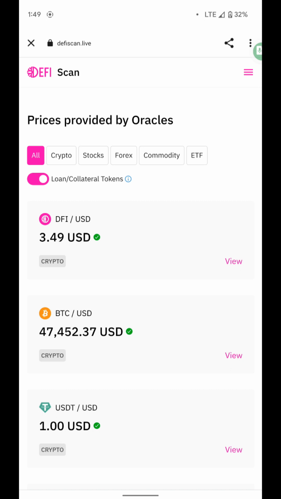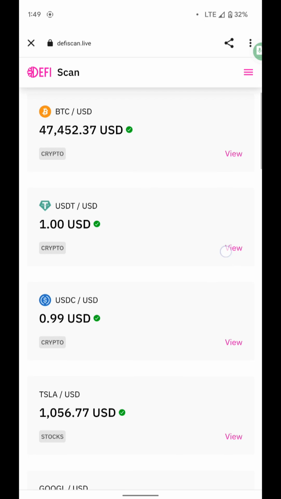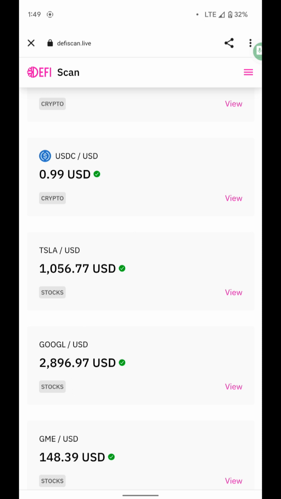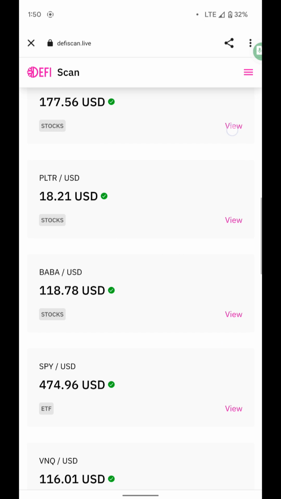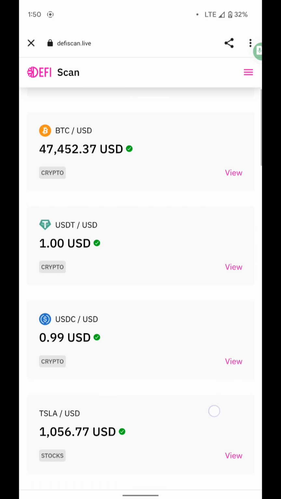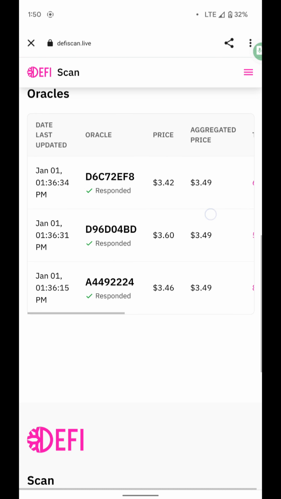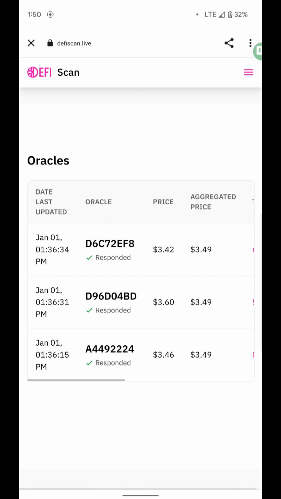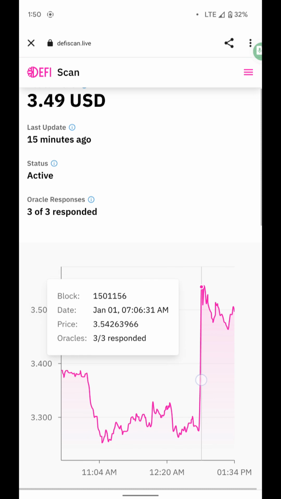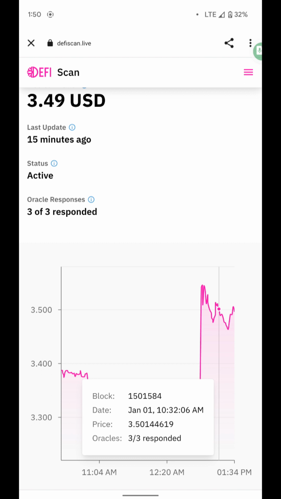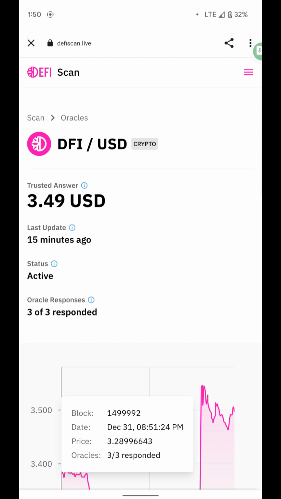We can see what the next estimated price of DUSD, BTC, Tether, USDC, and then all the stock tokens, which on the weekend are going to be flat because this information comes from NASDAQ. But it gives us a little bit of a heads up on what's coming. We can actually open it too, and this is the average of 3 oracles. So we can see there's an exchange somewhere trading at 360, 342, and 346. This is a history of the recent DeFi prices. If we go ahead and close that, it'll take us back to our wallet,